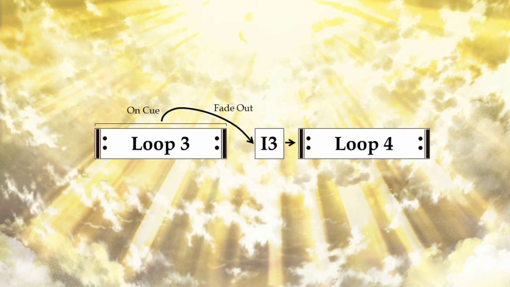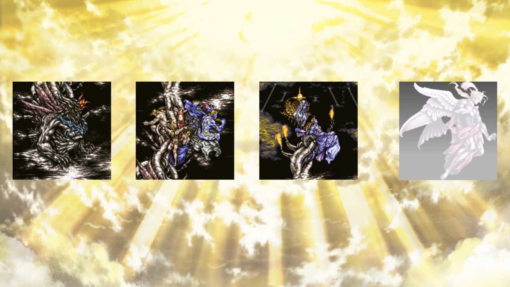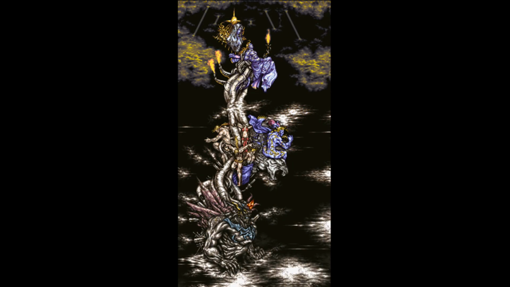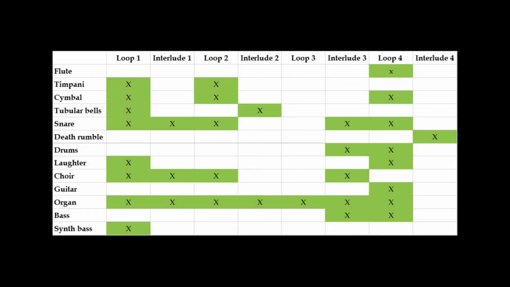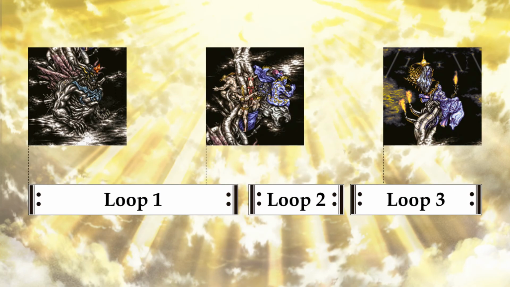The reason for this, maybe slightly more primitive, transition is probably timing. The first three bosses were rather similar. They were even part of the same statue and with the same background. The music likewise had a lot of similarities, especially when it came to the instrumentation. Therefore, I would argue that the exact synchronization between the music stages and the boss stages wasn't that important, and the risk of delays was acceptable. You don't have to agree with this, of course. That's what the comment sections are there for.